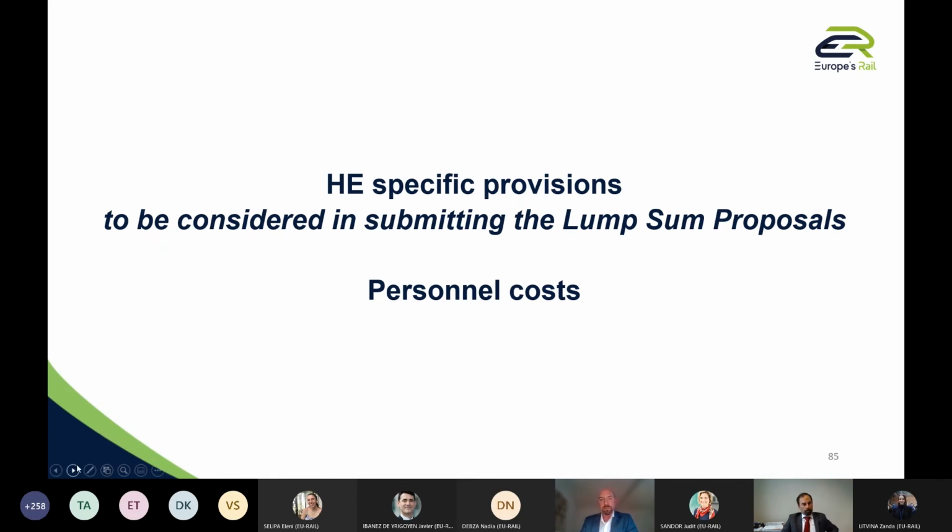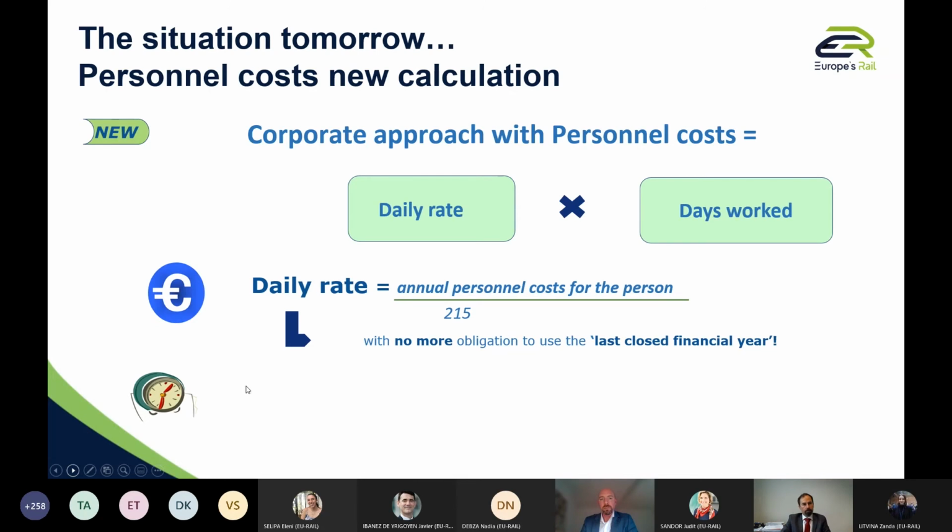So next slide, please. For the calculation, you can consider what was put in place and simplified under Horizon Europe. Before we had several methodologies, quite complicated. The intention is to say, okay, let's make it simple. We define the daily rate. We calculate the number of days worked. It's considered to be 215 per year. And then you would have a combination of acceptable procedures to comply with Horizon Europe eligibility criteria, and at the same time with your own accounting practice, to calculate what would be the rate you can ask in your proposal. Next slide, please.